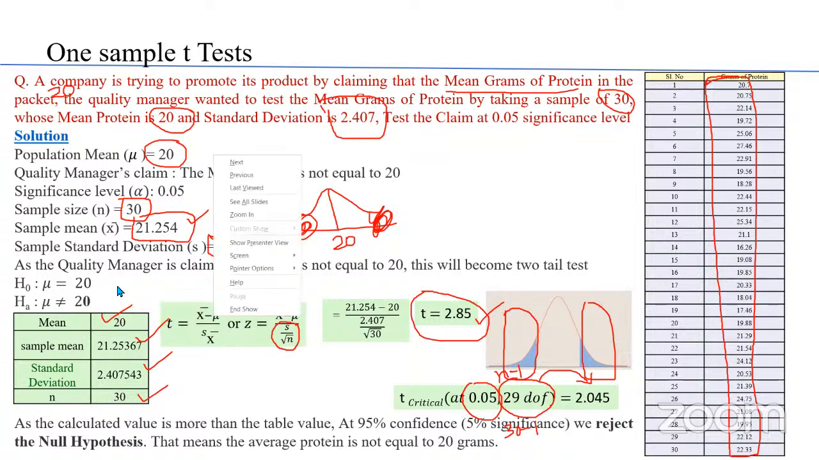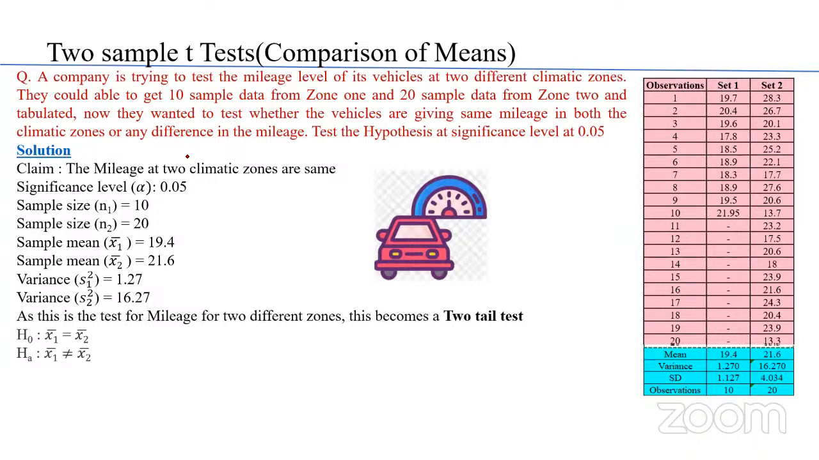It is not equal to 20. That means this should be rejected. Is that clear? Yes, sir. Okay, so next,